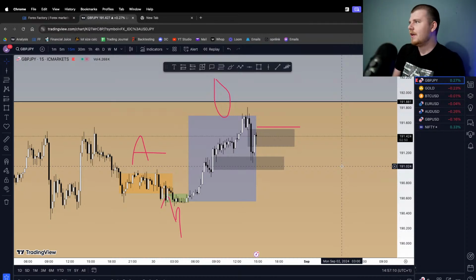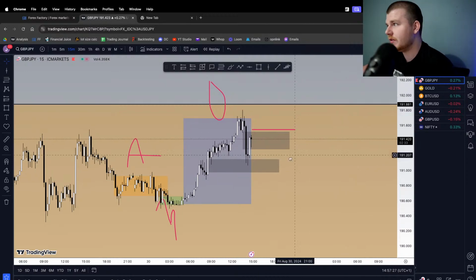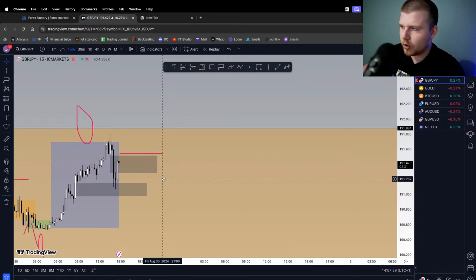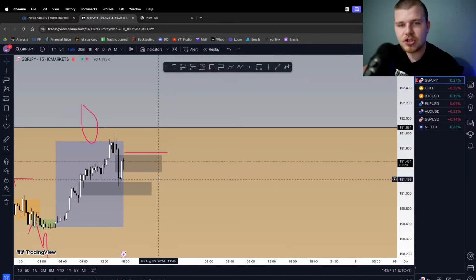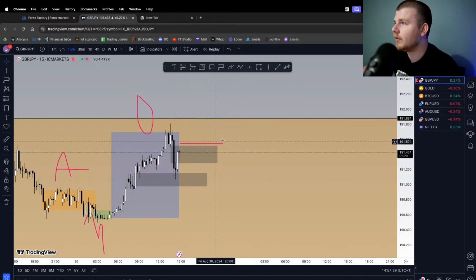Good to hear. But yeah, guys, that is pretty much it. Honestly, I've made my money on Bitcoin today. I've run through multiple analyses. I've run through what I'm looking for on GBP/JPY. We're not just sitting ducks. We're not just going to sit here and stare at some charts and wait for price to do this. You should know exactly what I'm looking for. And if you want to catch this trade, all you need to do is monitor the charts. If you don't want to catch the trade, fine by me. If you do, all you need to do is wait for price to do this.